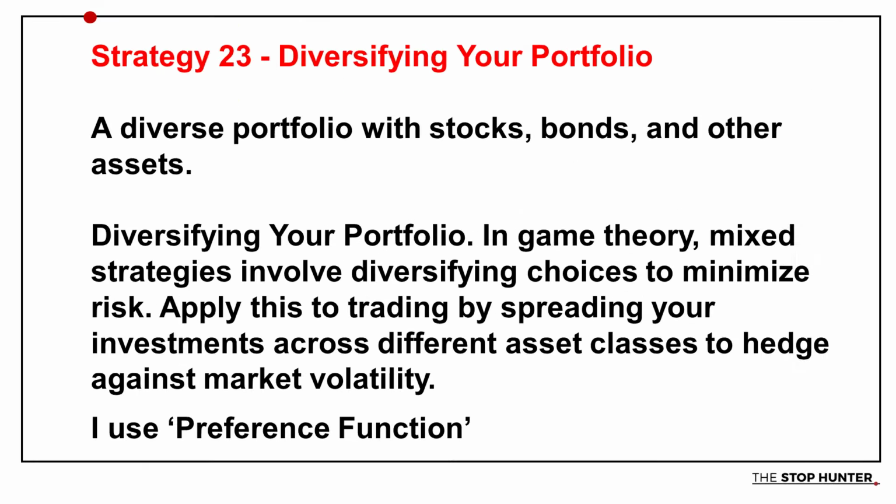Number 23, diversifying your portfolio. You could build a diversified portfolio of stocks, bonds and other assets. I like to use preference function, which is basically weighing up the likelihood, the success of assets working together against each other and optimizing them accordingly. And I'm not going to exclude something in my portfolio just to diversify the risk. I want to get the winners. That's my approach to it, and I'll scale them up accordingly. But